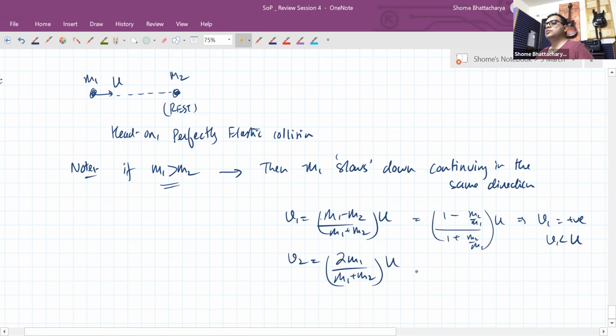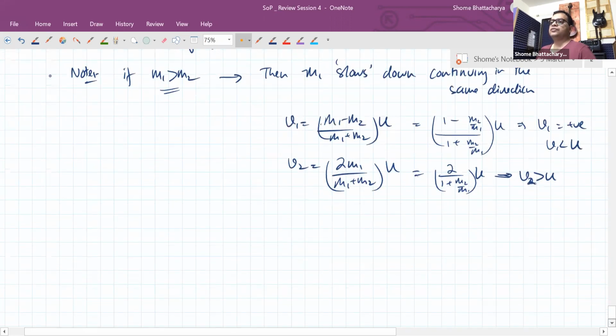And this we can write as, you can see that v2 is greater than u. So the second particle, which is lighter, will pick up a speed more than the initial speed of the first particle, and the first particle will just slow down, continuing to move in the same direction. Because on the other hand, if